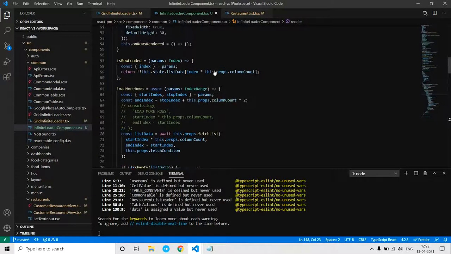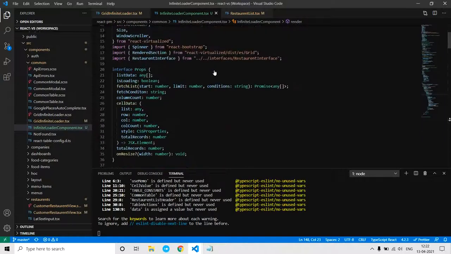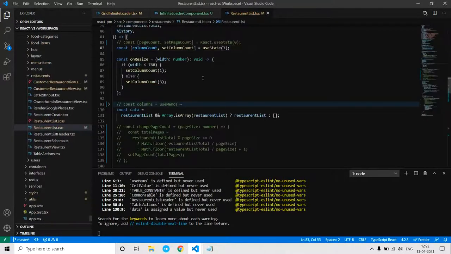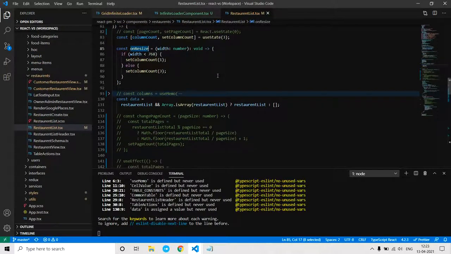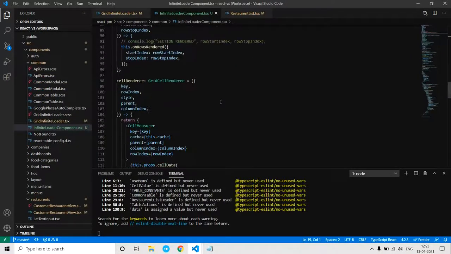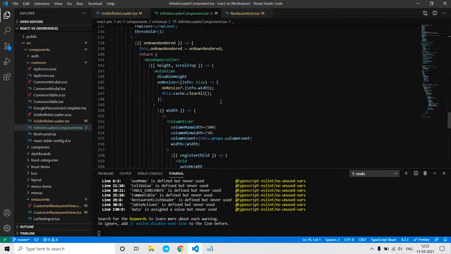There are some props that we should pass to this common component. So the first function is this onResize function, which is basically getting called from here.